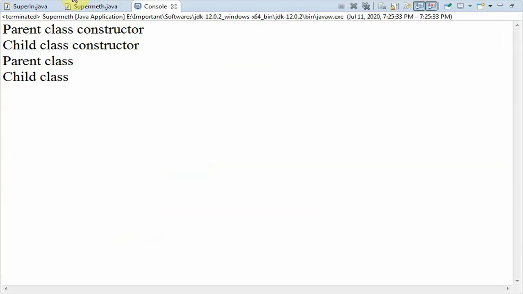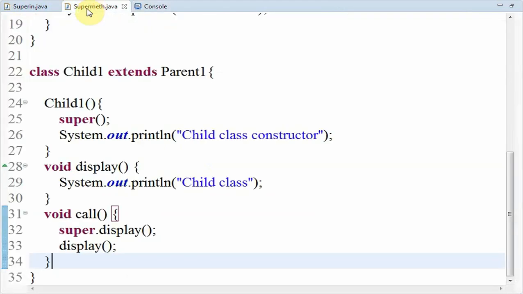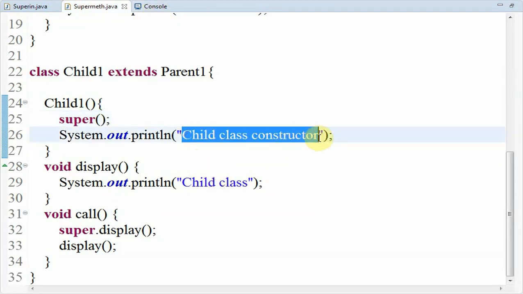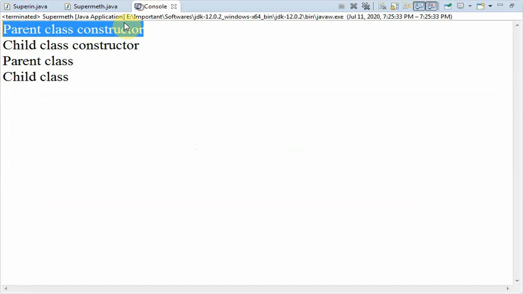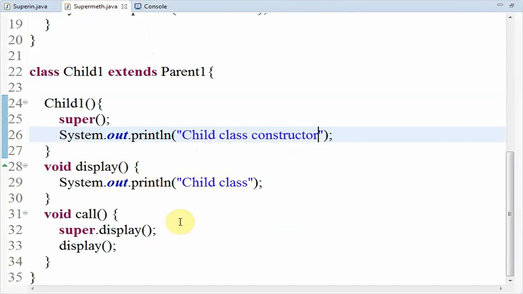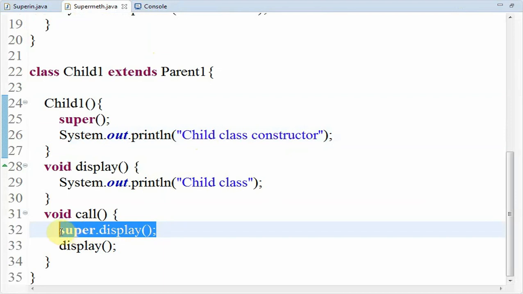When we execute, as I told you previously, first the parent class constructor will be printed because of this super keyword over here. It will invoke the parent class constructor. Then the child class constructor is present, and it gets printed in the second line. And next, here you can see super.display. This prints parent class.